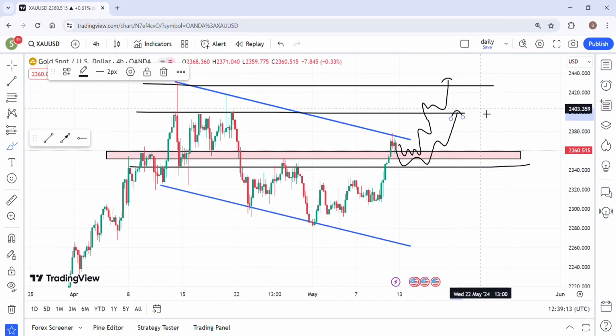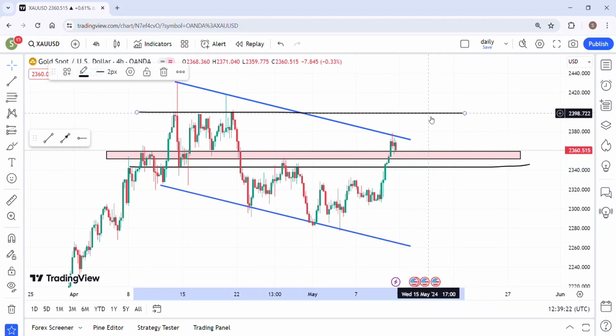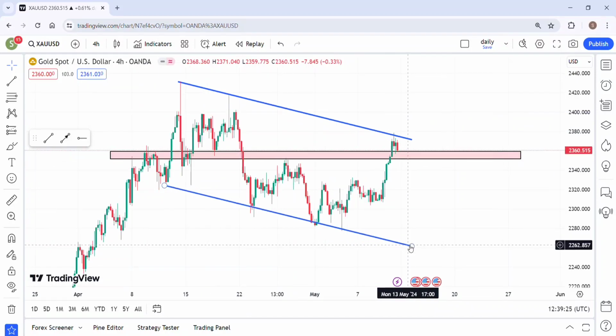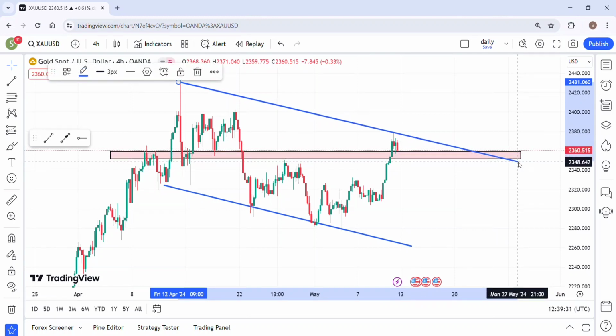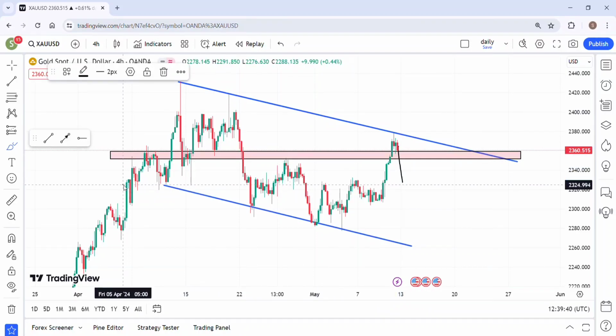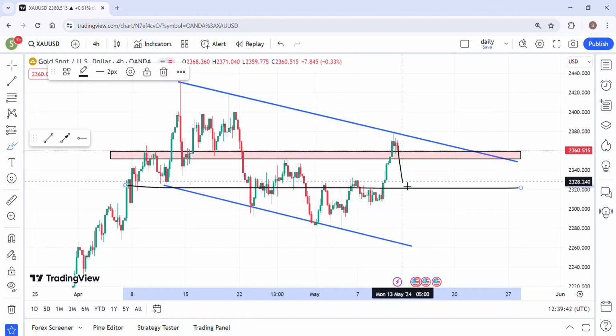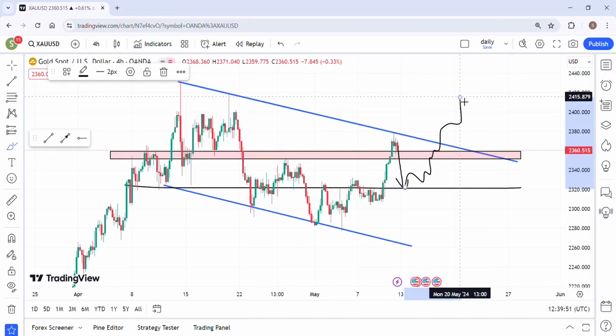As you can see, gold is not following or respecting any support as well as resistance. This is the one structure that I have already drawn. If somehow the market is not able to break this structure, then we can see clearly a selling till this level, its first support level, which is an area of almost 2321. But after that, the market will again be in the buying position. So buying is not risky, selling is. You can find buying opportunities in gold, not selling.